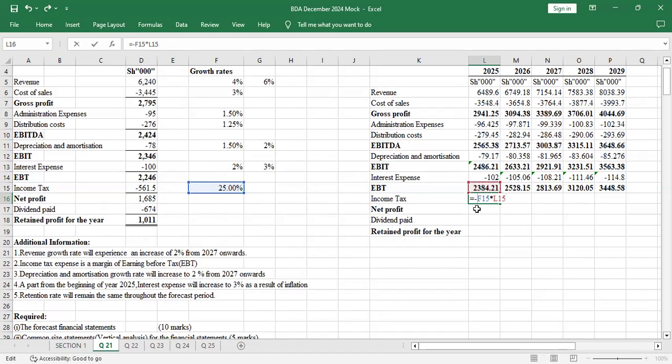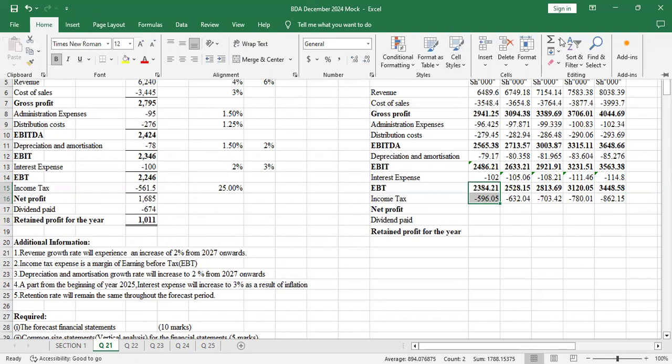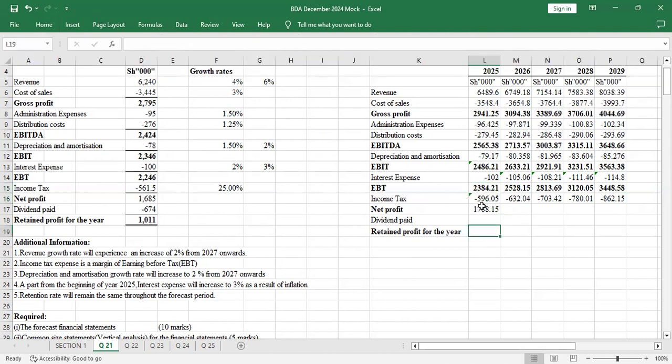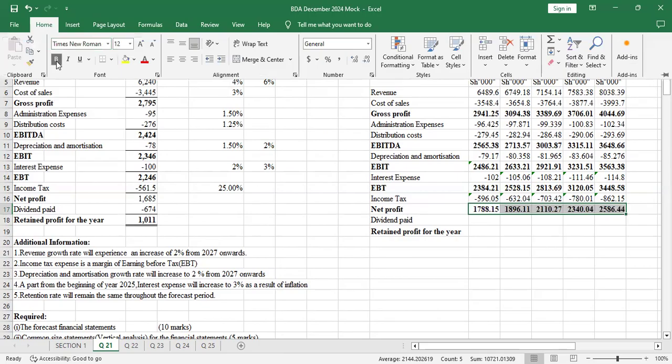So I'll lock this income tax rate completely because it's constant all through the forecast period. So I'll lock it and enter. Once I enter that, I'll just drag. Those values will multiply automatically. So I'll drag those two, I'll go to home, then auto sum, then I'll get 1788. So that one, you just drag the same way. Then allow me to bold it.